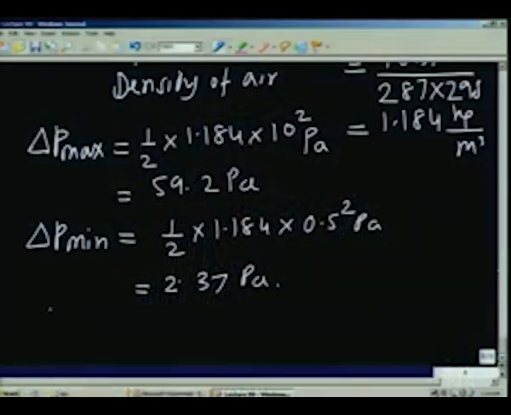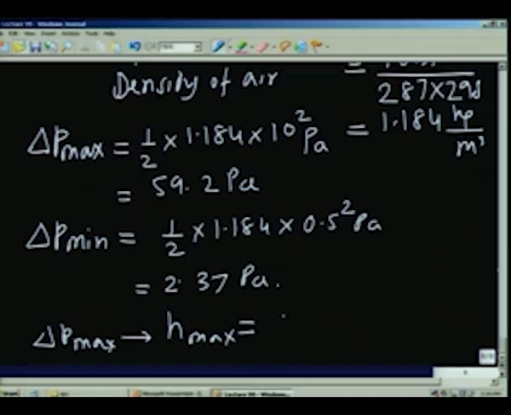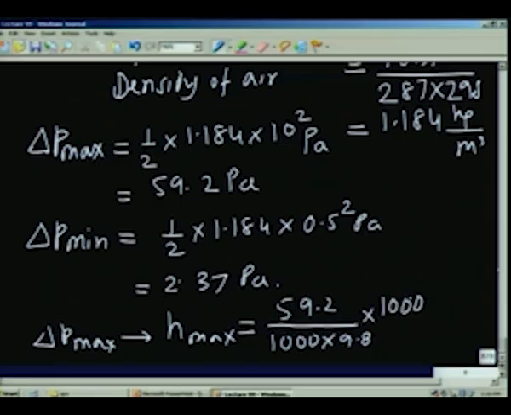So, delta P max will correspond to H max, which will be delta P, 59.2 pascals, divided by 1000, the density of water, into 9.8, and to convert it to millimeters, I will multiply by 1000. So, these two will cancel, you simply divide this by 9.8, and you get that value, which happens to be 6.043